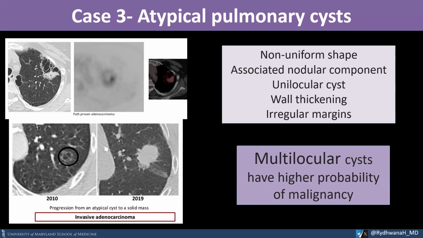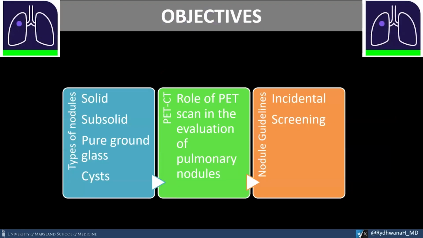If you have a follow-up and if you see an increase in growth in size or an increase in wall thickening or enlargement of the cystic component, or transformation into a completely solid nodule or mass as seen here, those are obviously all very suspicious features for this nodule being a malignant nodule rather than a simple benign cyst. The other thing is that multilocular cysts have a higher probability of malignancy and are reported to account for about 20% of cystic lung cancers. And so, given that, Lung-RADS 2022 actually has a classification scheme and management of these atypical pulmonary cysts that I will briefly discuss with you.